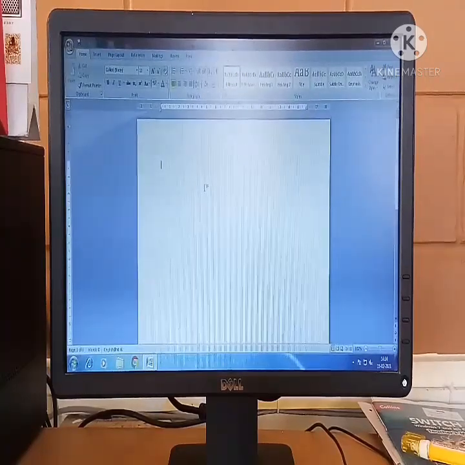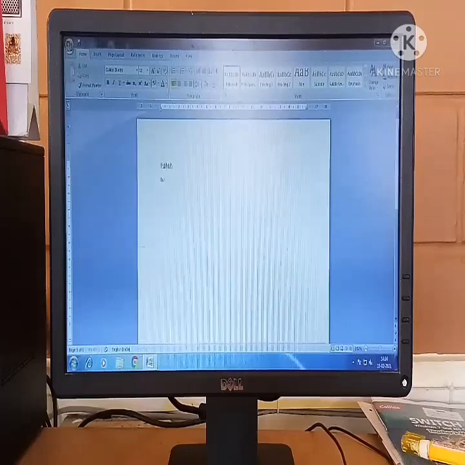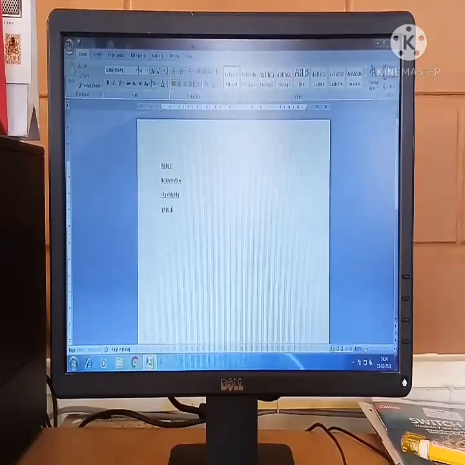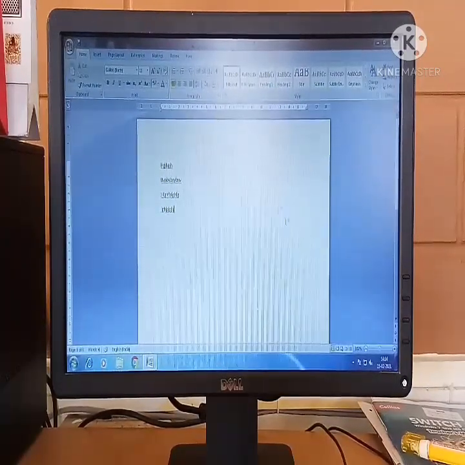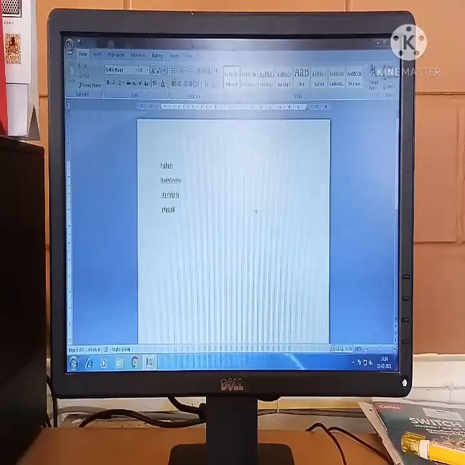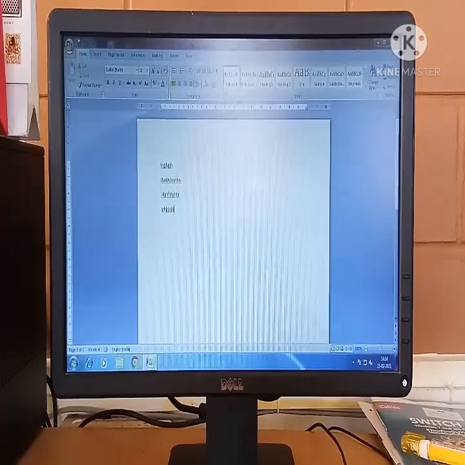Let me write something. Think that we are entering some important data, for example. So I have written some important data in Word, and I am saving this Word page inside the folder computer.